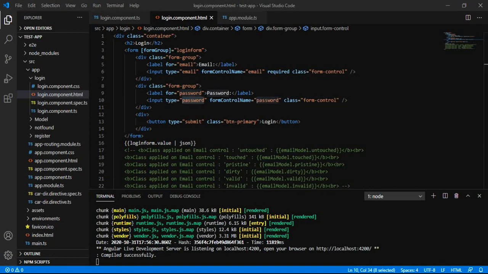So the entire form will be associated with the FormGroup, that is the login form, and the corresponding form controls, that is email and password, for the model that is associated with the element in our HTML.